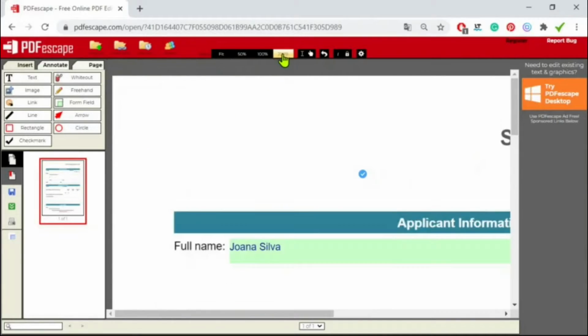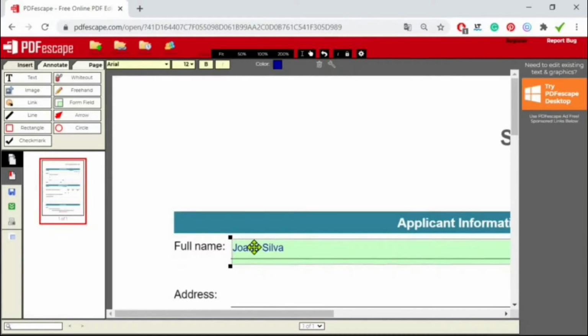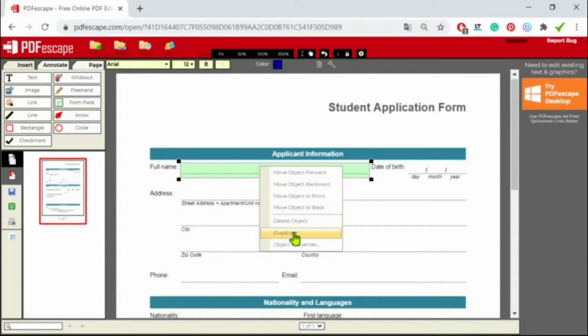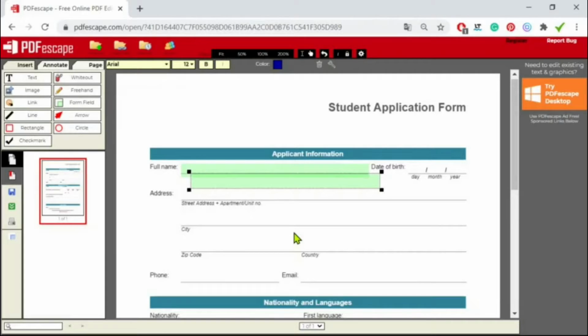Maybe if we zoom in here, the aligning will be easier. Yeah, it's easier like this. Let's fit it again. Once you're done with the editing, you can duplicate your box. To do so, right-click over the box and hit Duplicate. Duplicating boxes will save you lots of time because it will duplicate the settings so that you don't have to waste time doing it all over again.